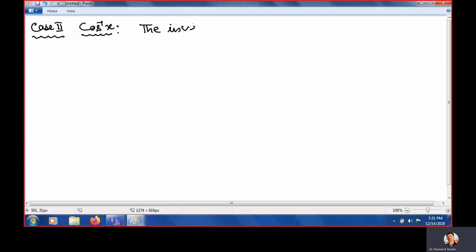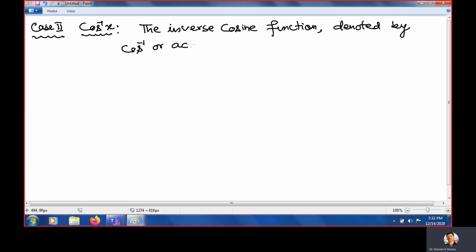The inverse cosine function, denoted by cos power minus 1, or sometimes it is denoted by arc cos, arc cos. Clear? And it is defined by the